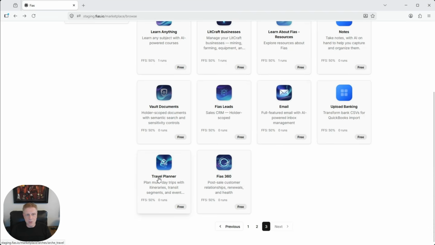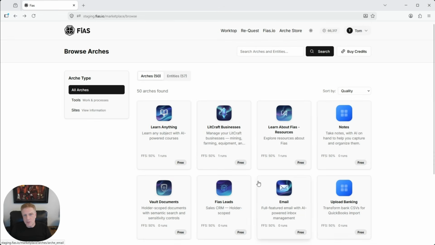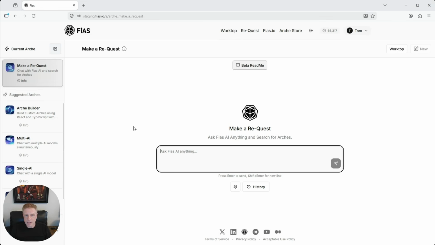One of our developers was going on a trip and he said, I'm going to throw together a travel planner. So it's a nice AI-aided travel planner. There's a bunch of arches that we don't have listed here on staging that are more plugin-level arches. You can get an idea of the breadth, but starting with 50 and a lot of the beta people that we want to get in right now, it turns into hundreds to thousands of people developing. It'll turn into a very robust, broad app store with a number of professional applications that all live on the Fias platform.